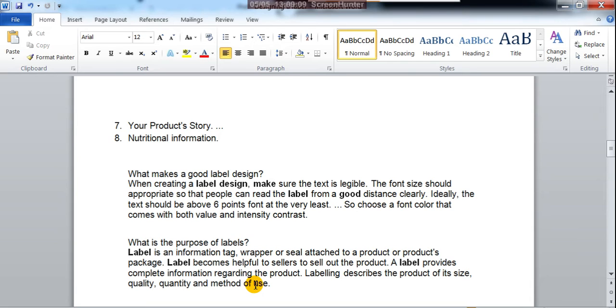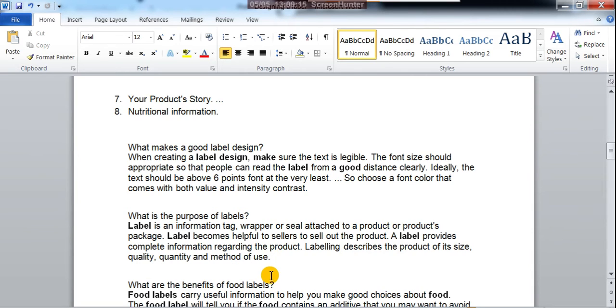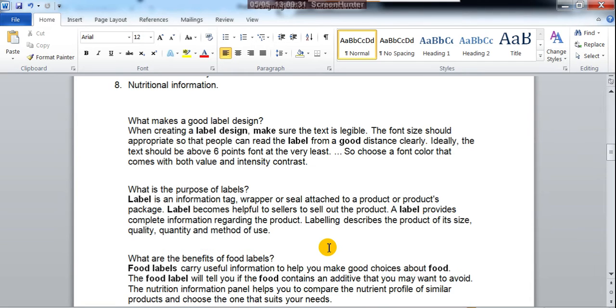Labeling describes the product's size, quality, quantity, and method of use. Yes, these are already in regular usage. When you buy something, we find all these things. So we understand what the product is, and the size, quantity and quality of the product. That is the main purpose of the label.